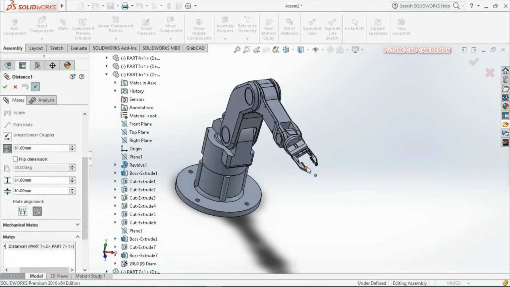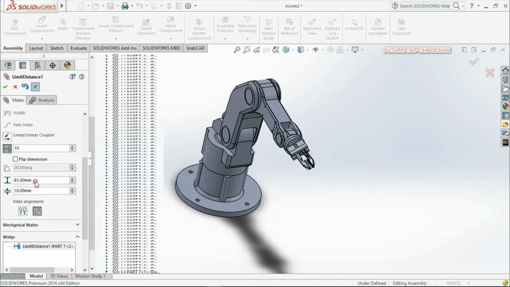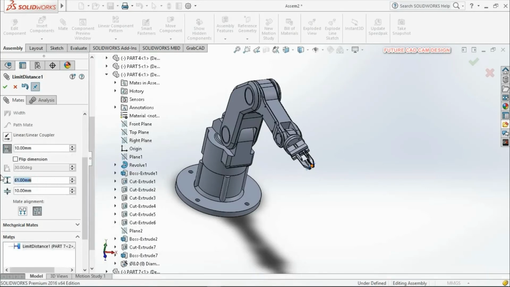Here we need to give our maximum distance. The maximum distance now given is 61, and we need to give the minimum distance at which the gripper should hold. We will give 10 here. Minimum distance will be 10 and maximum distance we will give 60.